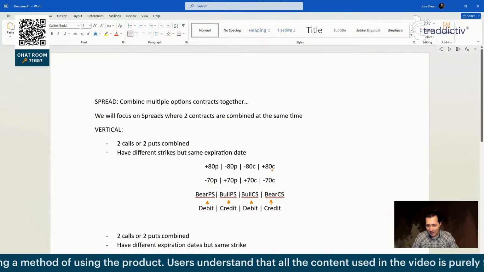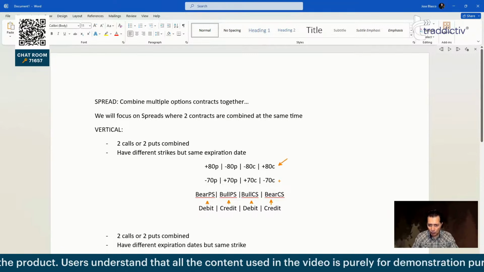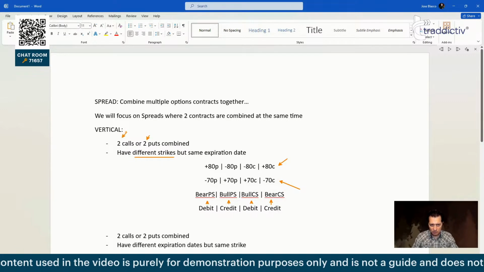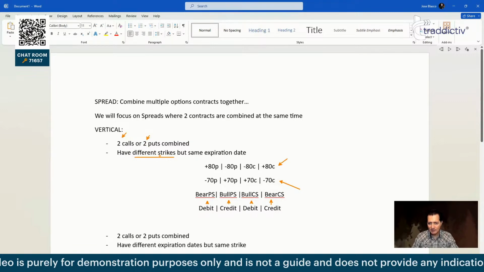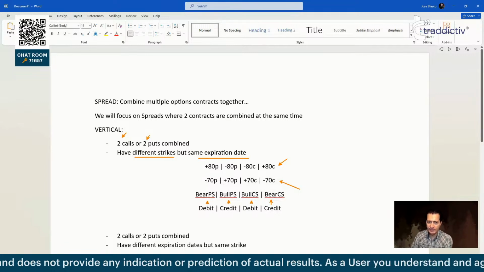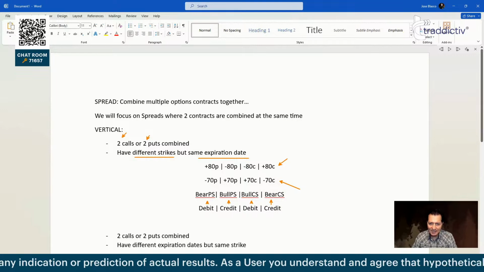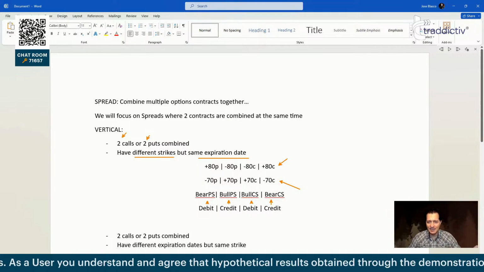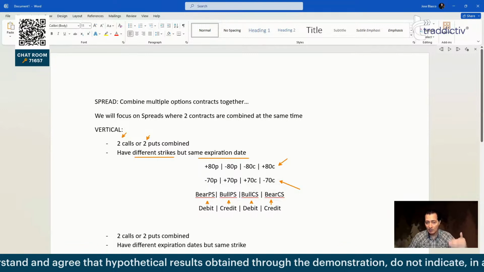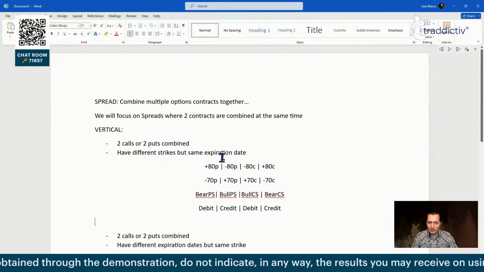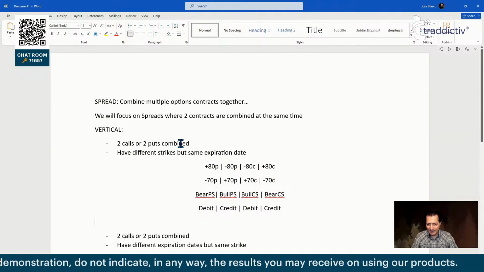And all those combinations are made using two different strikes, two calls or two puts, 70 and 80 in this made-up example, but using the same expiration date, which could be as short as daily expiration options, 1 week, 2 weeks, or all the way to 30 days, 60 days, 90 days, 120 days, depending on where your target is. The further away your target is, typically the more time you need. So this is what a vertical spread is.